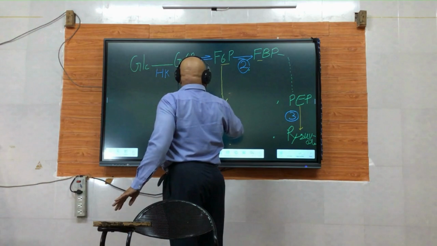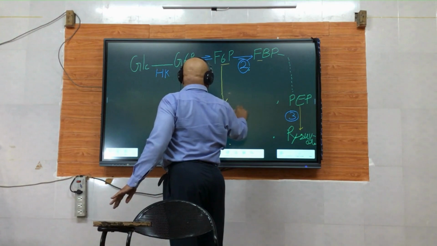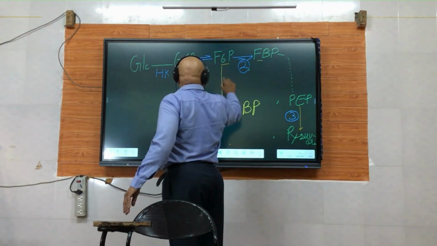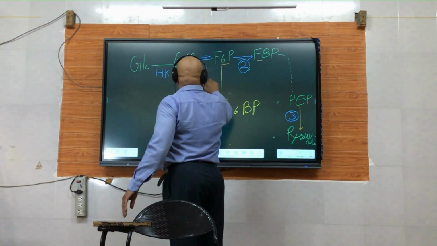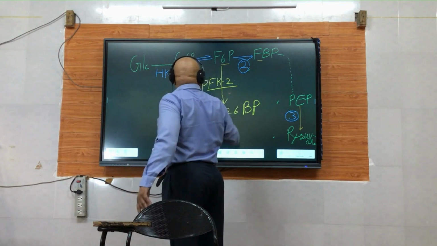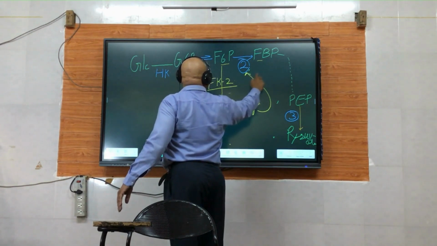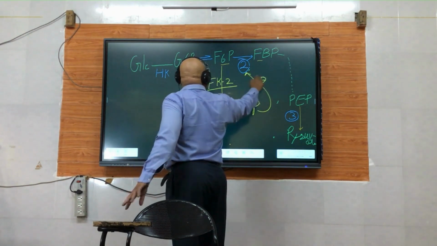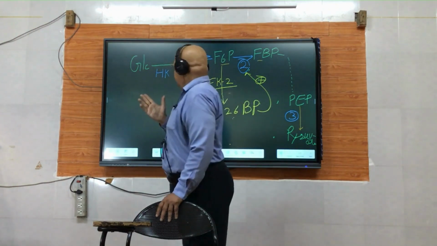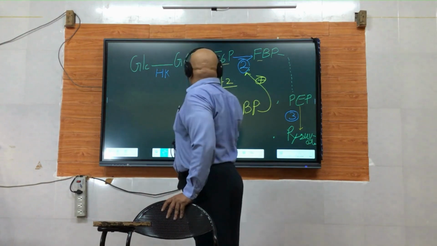fructose 6 phosphate से ही बनता है. This is actually fructose 1,6 bisphosphate. This is fructose 2,6 bisphosphate, which is generated from fructose 6 phosphate by another enzyme, that is PFK2. So PFK2 generates this one, which is a powerful stimulator of phosphofructokinase. Just for nomenclature, we can call this as PFK2, this we can call as PFK1.